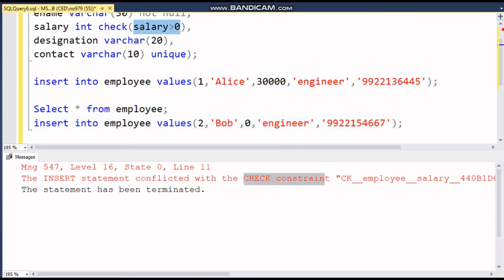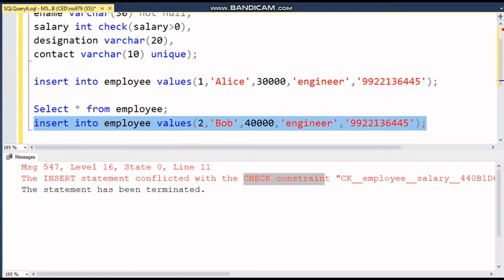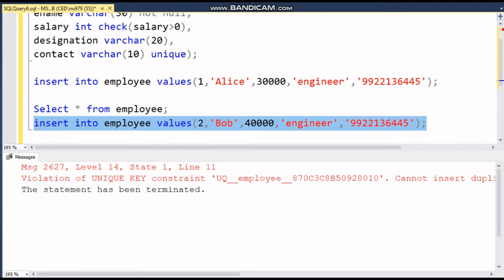Now I will check the unique constraint. We will take the same mobile number. Now I will execute this. See, there is an error for the unique key constraint. Understood? In this way our constraints work.